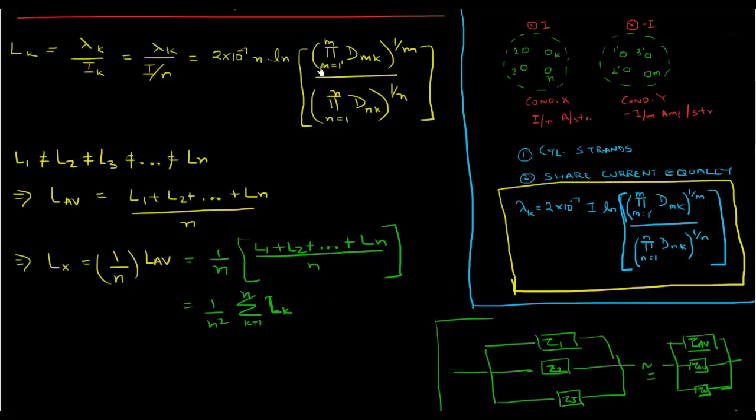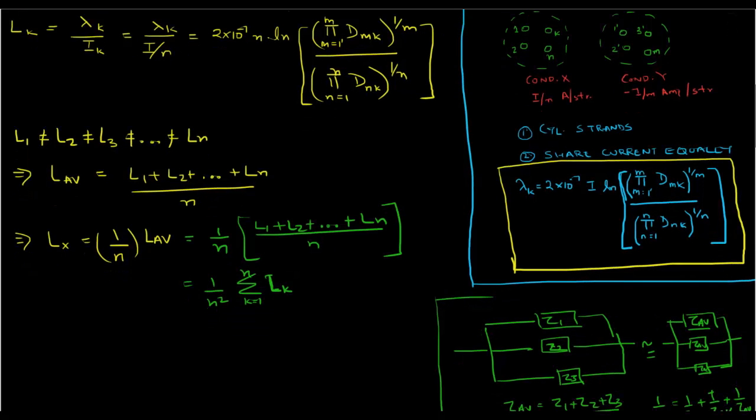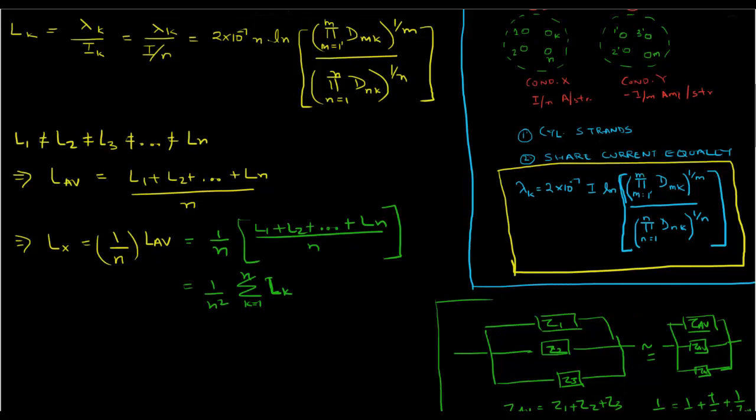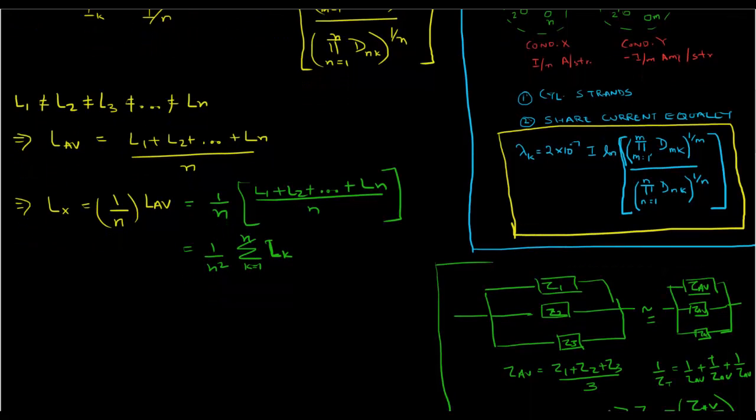Now we know Lk is defined by this. If you've seen the earlier videos, you realize when we sum ln values, we can substitute them by the product. Instead of summing ln A plus ln B, we can say ln of A times B. So we're going to do exactly that here. And what that's going to give us is